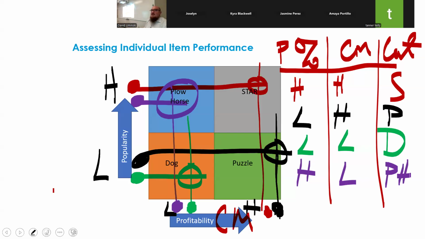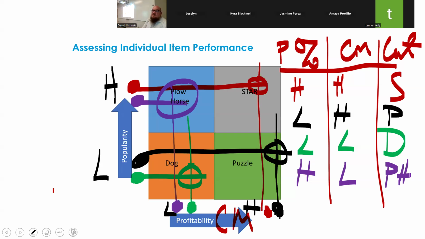So it's just chugging along, doing its job. So people kind of like, so kind of like French fries. Well, I don't know. French fries might be a star because they may have a high contribution margin. But we wouldn't know unless we actually did the numbers. I'm going to show you how to do the numbers here in just a second.